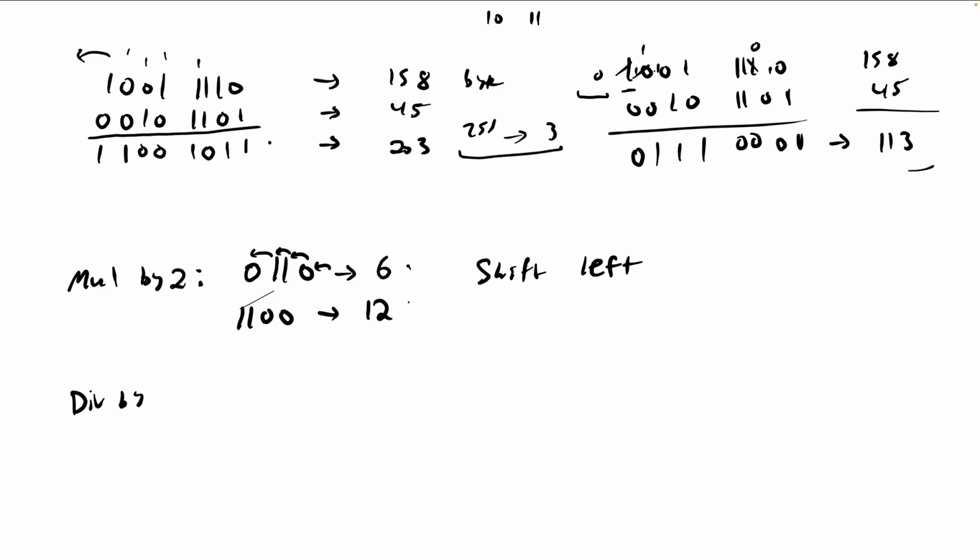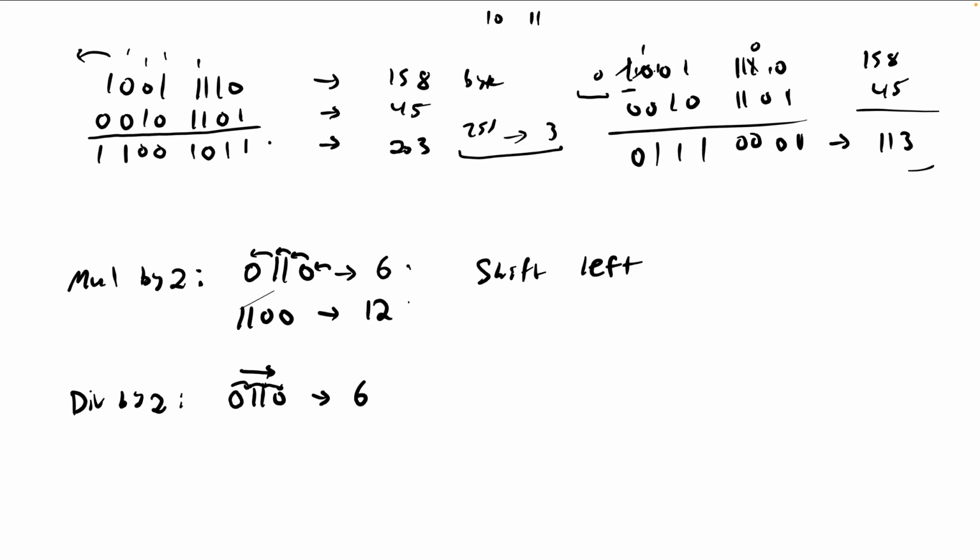Similarly, we can divide by 2 using a similar sort of process. Just to note, this is integer division, right? So we're dividing by 2 without any sort of decimal component. So if I start with 6, I could do the opposite. I could shift to the right by 1. If I do that, this 1 replaces this 0, the 1 replaces the 1 that used to be there,